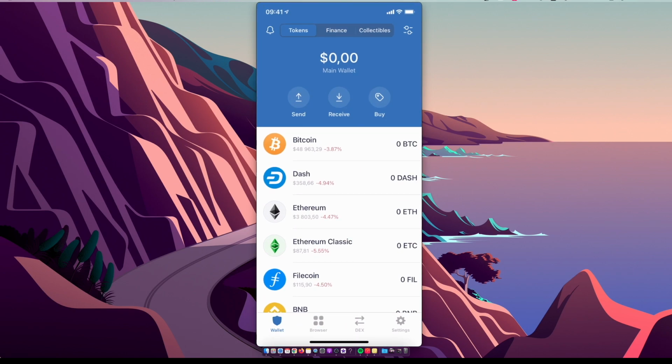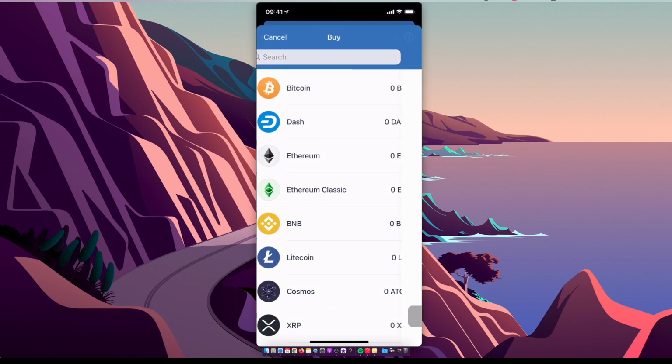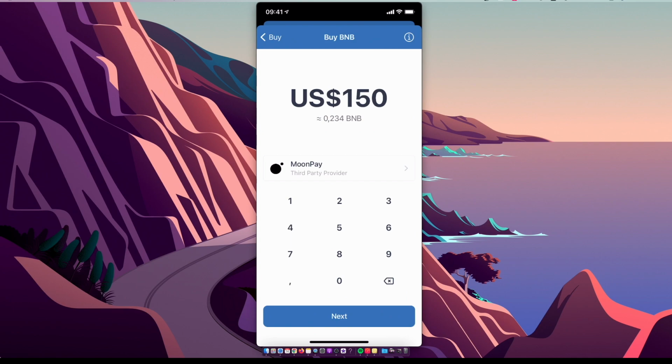And then you need to have some Binance Coin on Trust Wallet in order to buy HummingBird Finance. So you can buy Binance Coin on Trust Wallet itself by pressing buy, selecting BNB, putting the amount in the payment method, and you can buy here, but the fees are high, so I highly advise you to buy